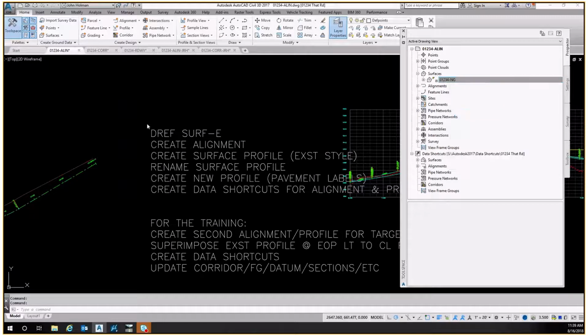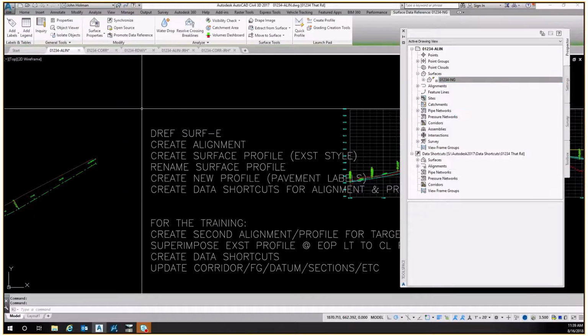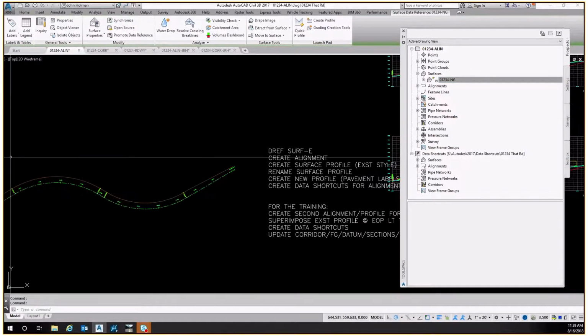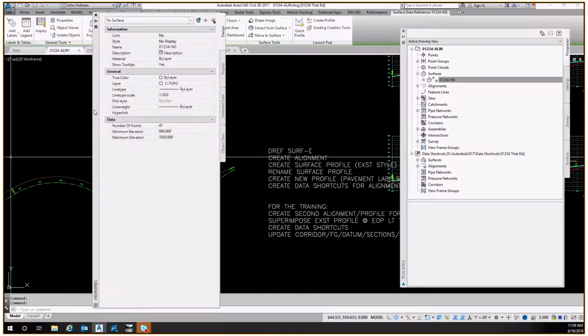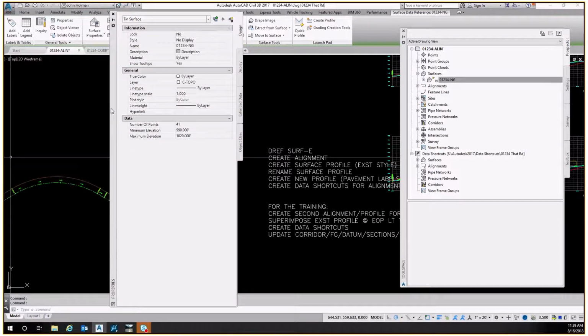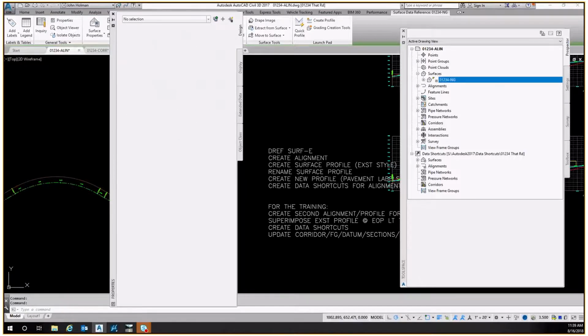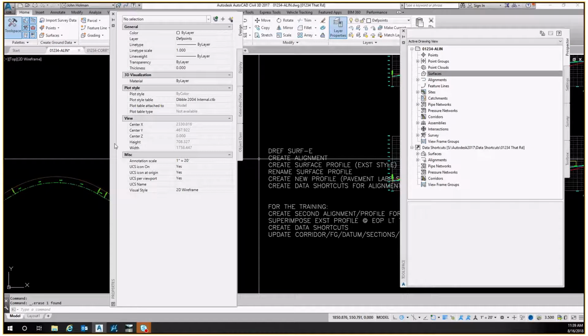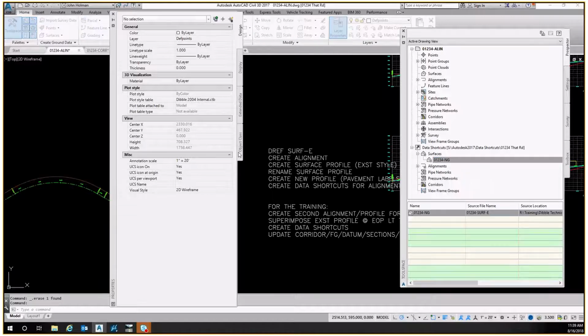So I'm going to select that surface, which I don't actually have displayed, but when I select it through the tool space, I don't even need to be able to see it in order to select it. I brought over my properties so you can see that my selection set has a tin surface. I'm going to go ahead and delete that so I can recreate the data shortcut here. If I go to surfaces in my data shortcuts list and I create a reference to that surface,